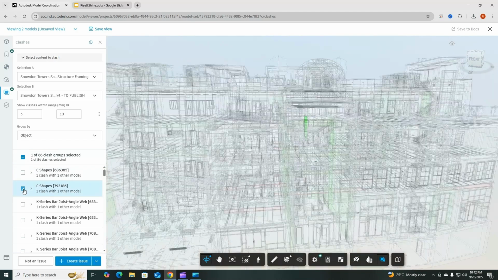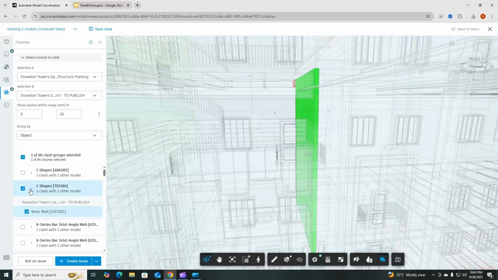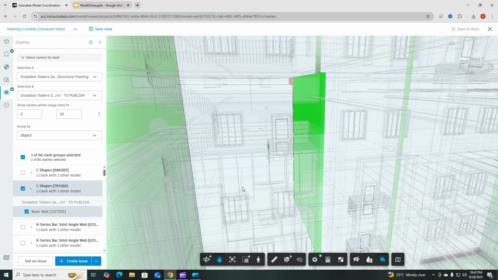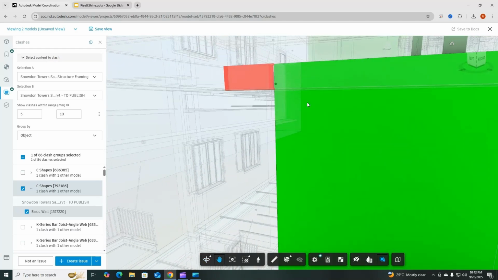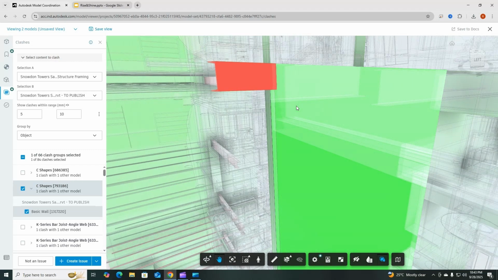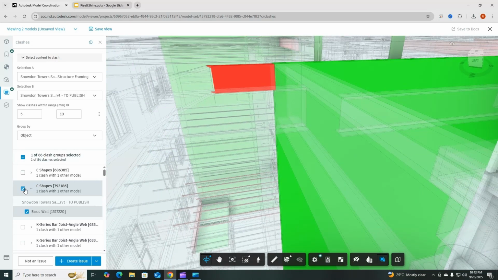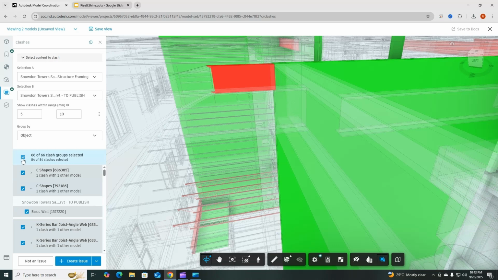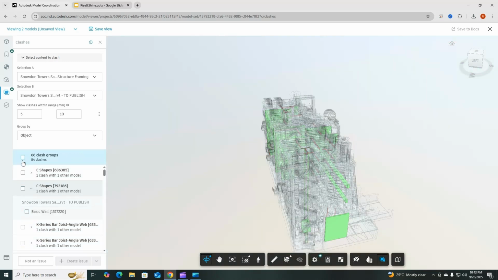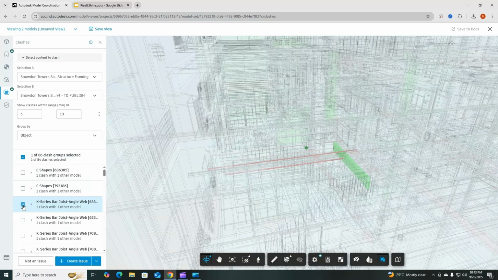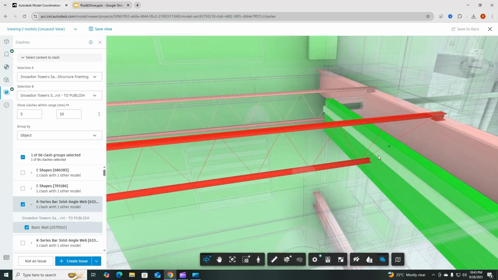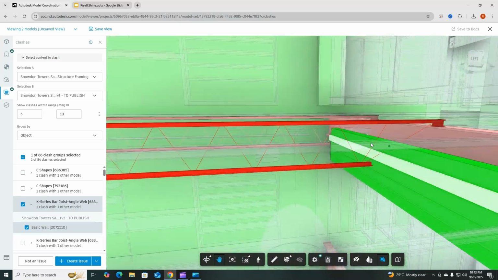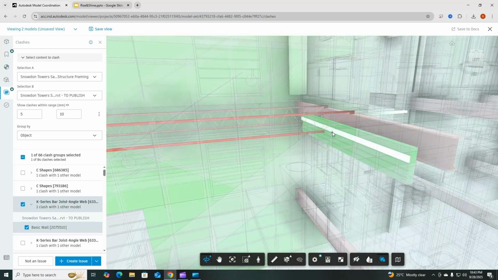For example, if I zoom in here, I see what Revit has done. Revit has isolated all the other clashes, and I can see only the clash between these two models which I have selected here. When I do this, it will go back to its normal place. Now I will select this clash here, and I want Revit to zoom in. So you see here that there is a clash between the joist as well as this seat channel.